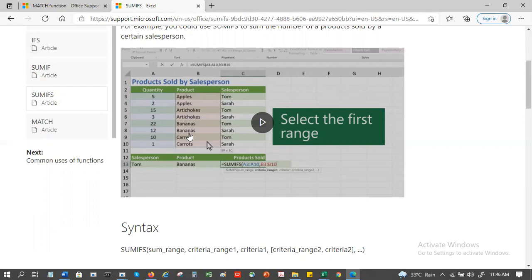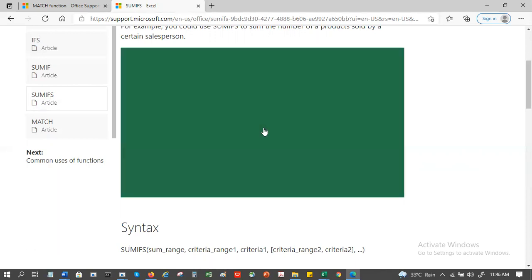Criteria 1 is the product, here bananas. So bananas is 22 plus 12, so it will give you an answer of 34. If you play this,